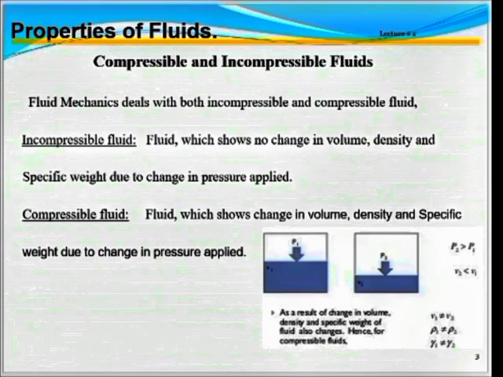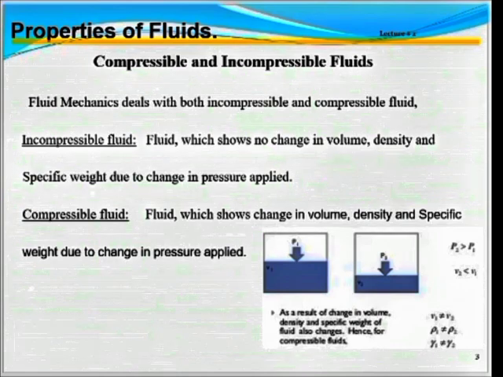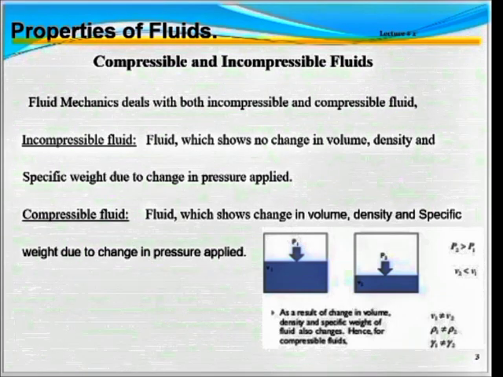CGS means centimeter, gram and second. So there are three systems of units actually: the SI system, which is the International System, the BG system, which is the British gravitational system, and the other is the CGS system,